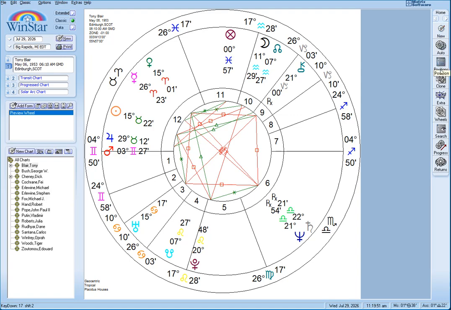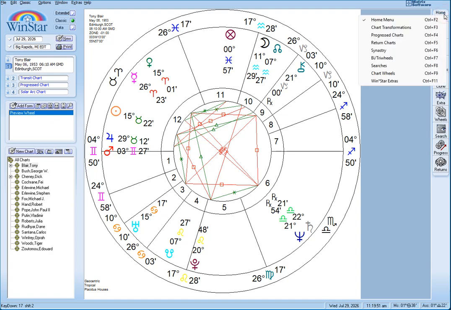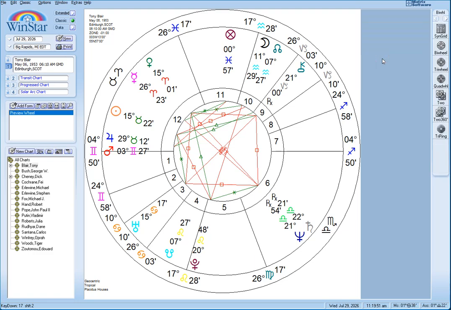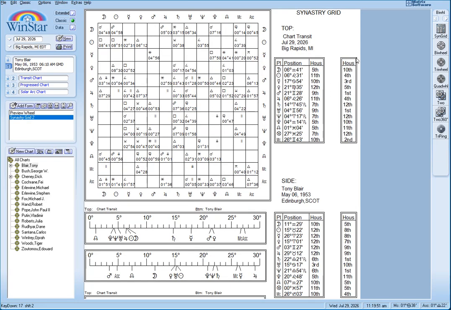You can also go like this if you want to do a bi-wheel and tri-wheel. You can click on this. You can do synastry, all that good stuff. So this is the classic view, so you can play with this easily. These are the features that are within the WinStar program.